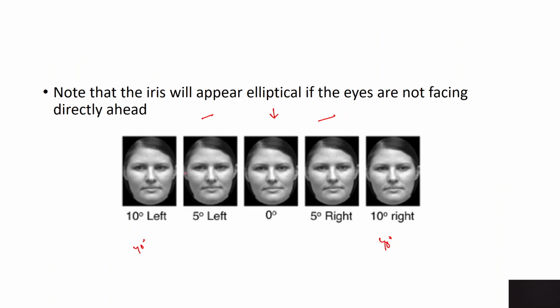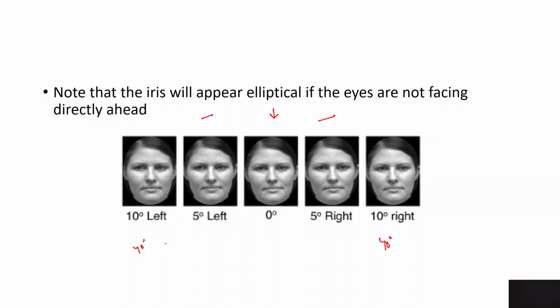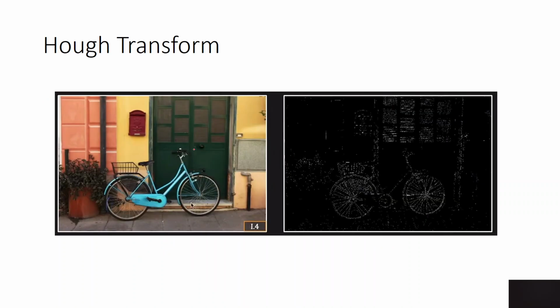Now next, I have included this in the book Computer and Machine Vision. You can check this out on pages 325 to 327. Let us discuss the Hough transform. Now you can see that there are two images. In the left image it is very clear that it is a cycle. In the right image it is also very clear that this is a cycle, but at the same time